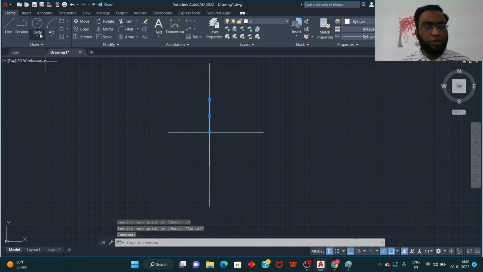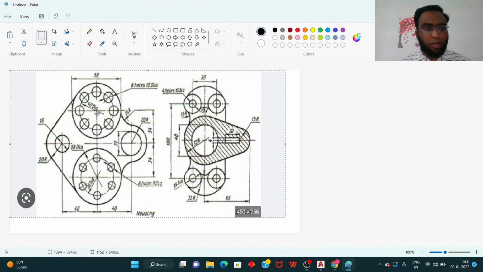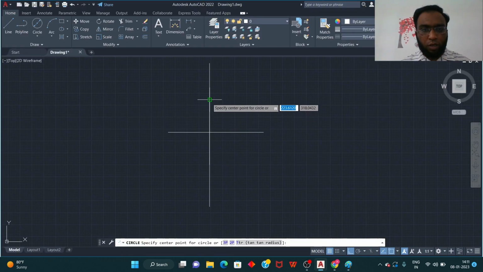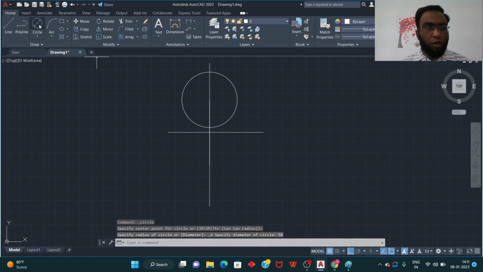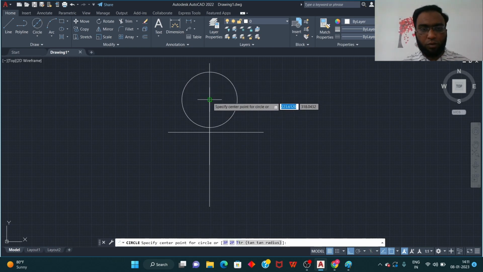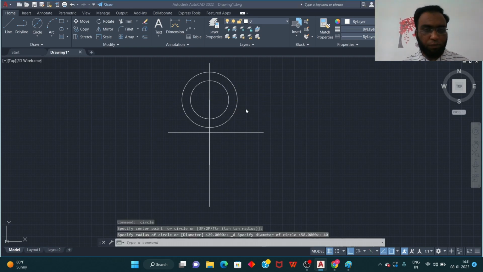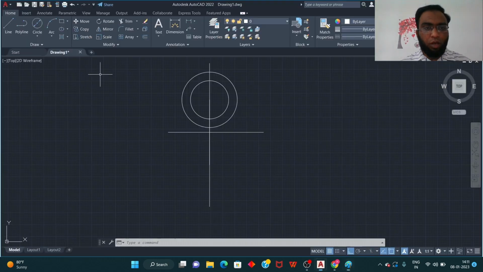So here I can select a circle, diameter. You can see here, 40 dia and 58 dia, so I'm going to draw a circle from the end point of this line. One is 58 and another circle is 40. See here, so a 40 dia circle we have drawn and another circle is 58 dia. Okay, and in the same way,